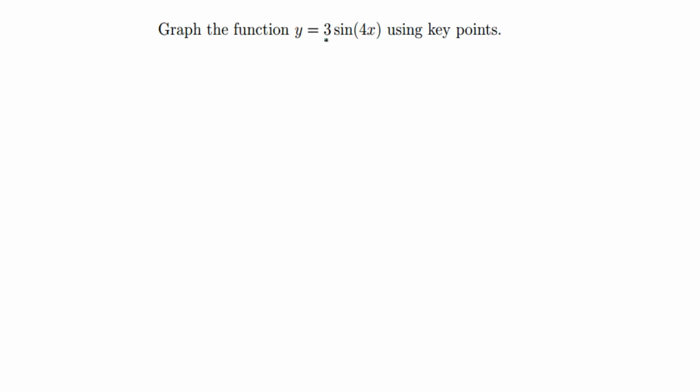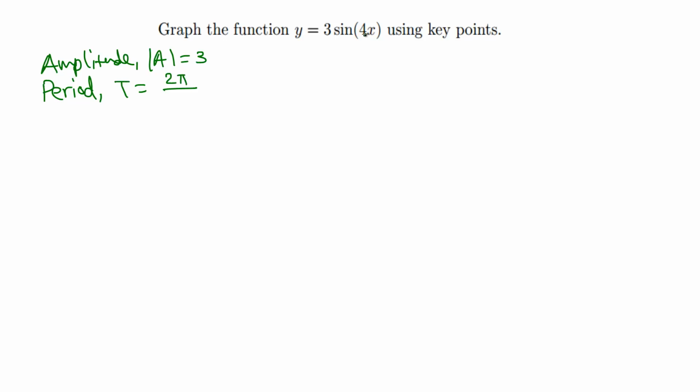Graph the function y equals 3 sine 4x using key points. First, we want to find the amplitude and the period of this function. So amplitude is absolute value of A, which is 3, so the absolute value of 3 is also 3, and the period is found by 2 pi over